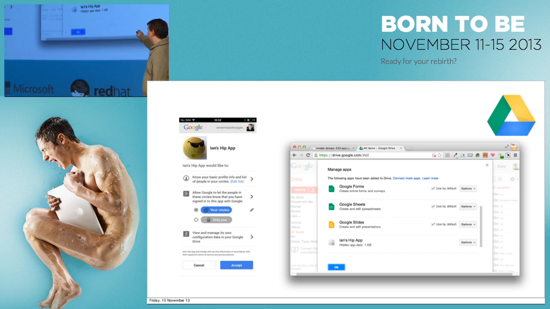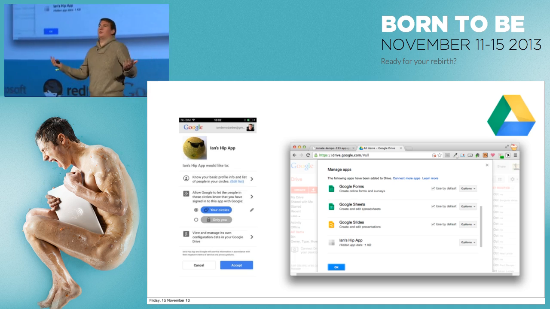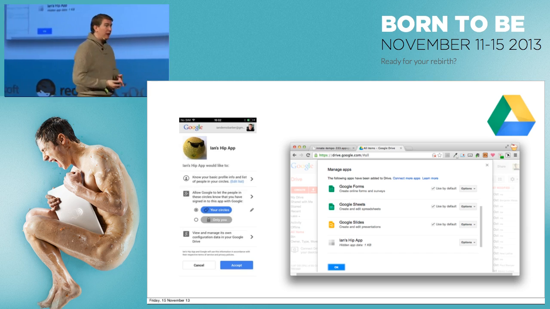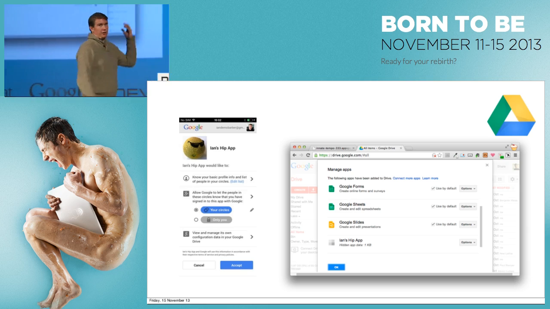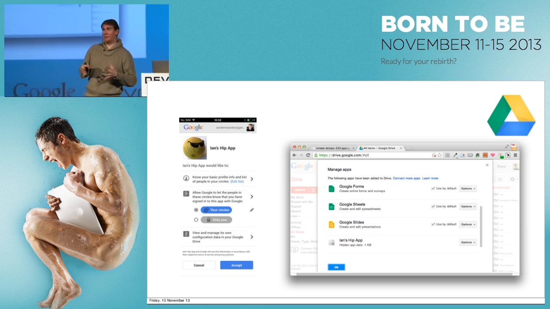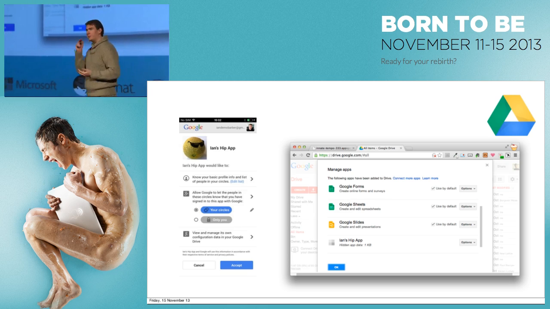And you can see in the Manage Apps section in Drive, that's the space it takes up. So as a user, if some app's going crazy and using 10 gig of my Google Drive or whatever, I can go and delete it. But most of the time, I'm just going to leave it. So hopefully that's given you some ideas about why sign-in can be used to do some things beyond just giving